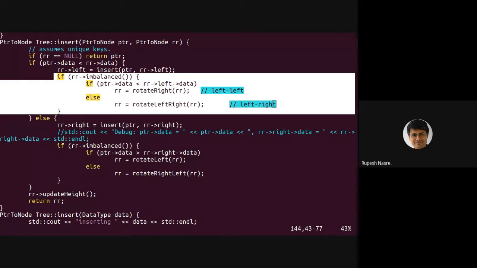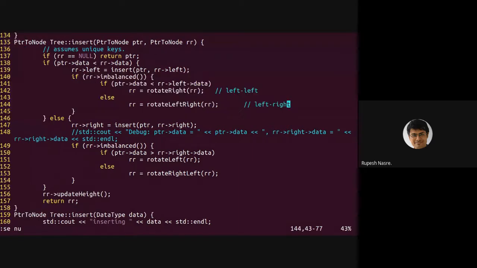Now when you add 2 as the child, 3's height should get updated. There is no rotation happening. So therefore that update height at line number 156 should get called, irrespective of whether rotation happens or not. Okay, so these are the two cases for the left subtree.